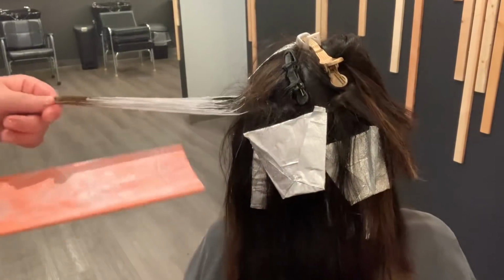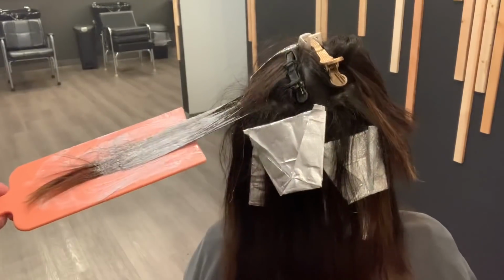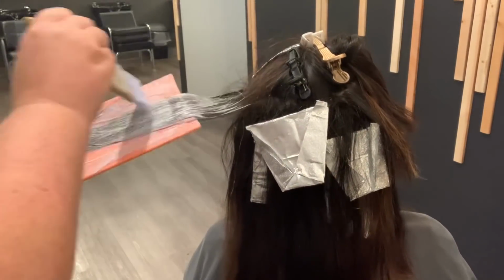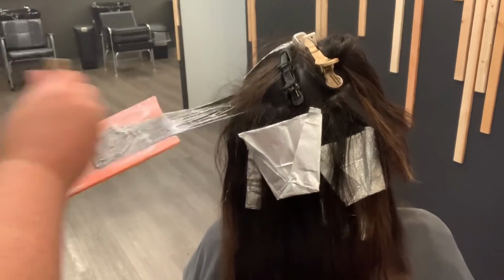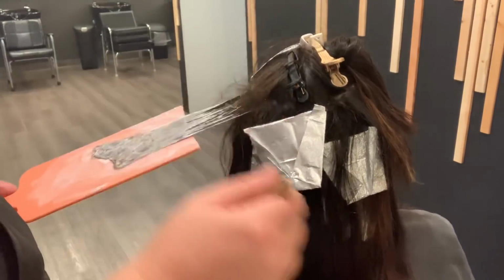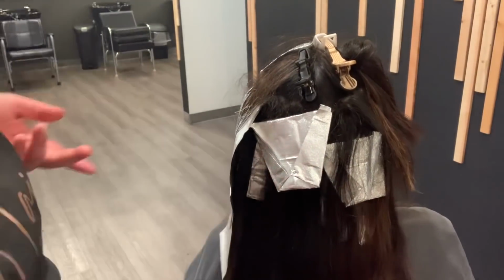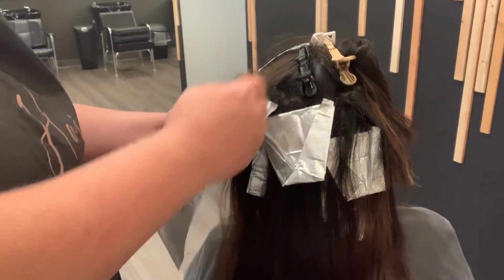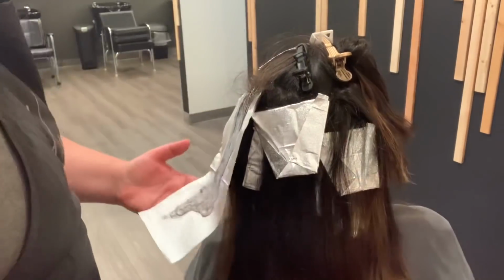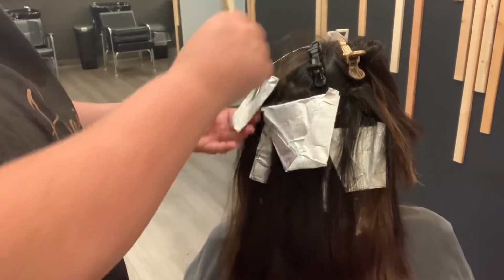And then also it will create just a really soft dimension. Like at the very end of the video, you'll see her roots are dark, but when the light hits it, it just gives it a little bit of a softer dimension in the hair, to where she doesn't feel like she's just so dark all over. She's still going to have lots of time for her hair to grow out before she feels like she needs to come in, but she just has that really soft dimension